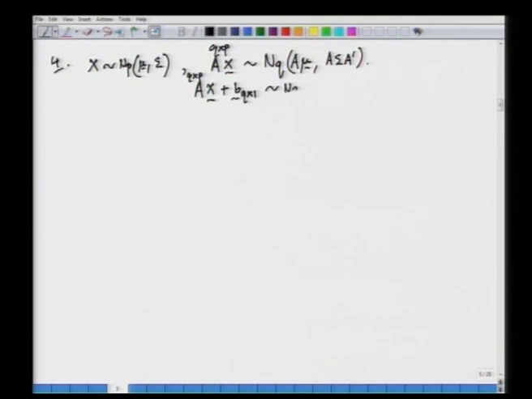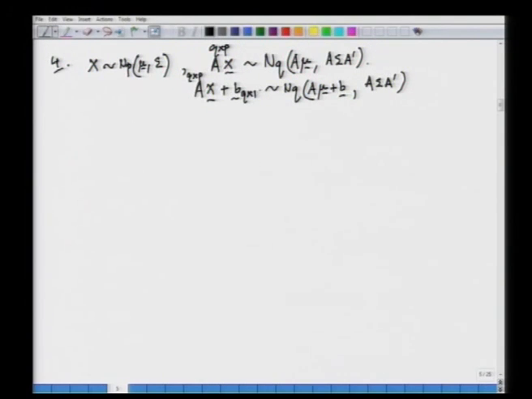So, this will again follow a q-variate multivariate normal with mean vector A mu plus b. The covariance matrix, however, does not change because this is just a shift in the location. Now, again it is not difficult to see that Y, that is A x plus b, will follow a multivariate